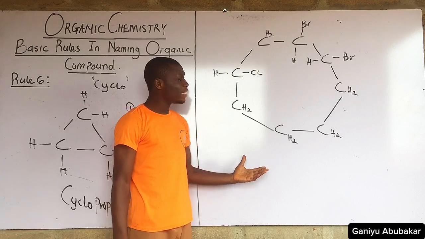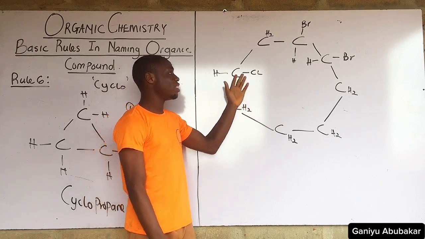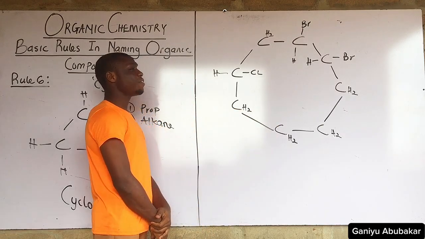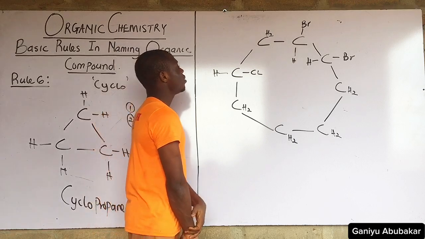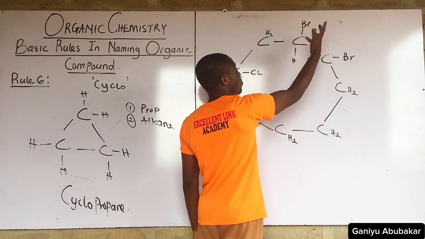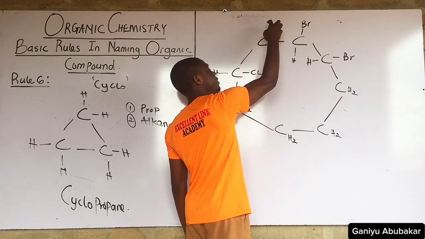Alright, let's name this compound here. Of course, this one is in ring form. So how do you name this one? First is first, I want to let you know something. Observe that this carbon here is 1, 2, 3, 4, balanced. This is 1, 2. This H2 represents the other 2,